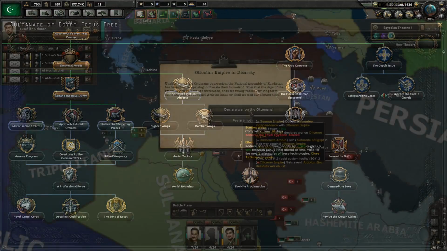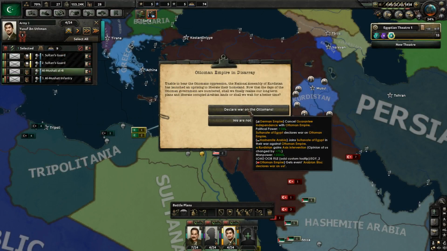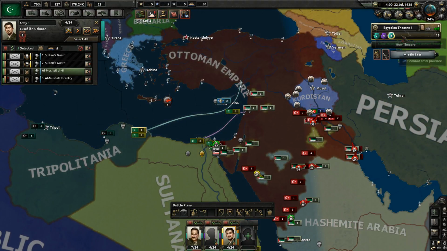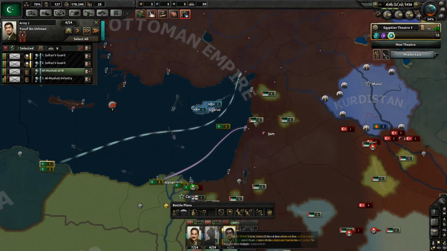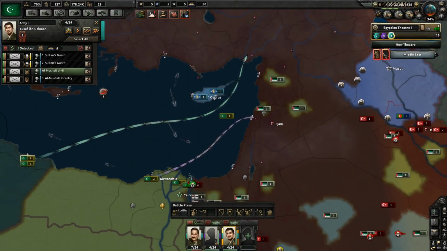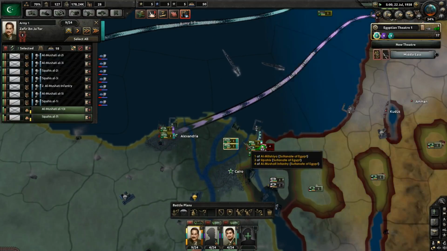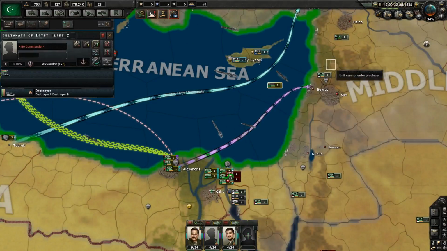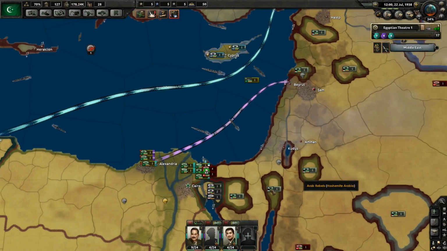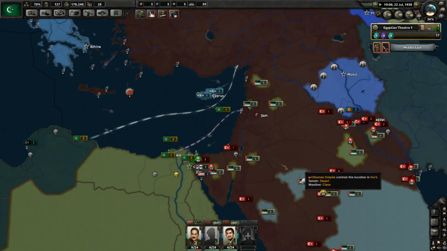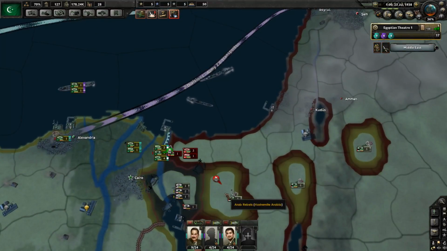What I don't like is, again, the fact that it's not very expansive. So you can only do these, and you can either, basically for your Arab Congress line of events, choose between having more or fewer cores, essentially at the cost of more or less relationship with your allies, and then more or less political power. Or you can, after you defeat the Ottoman Empire, partition them and get an independent Turkey and an independent Armenia, or you can try to take them over entirely. And that's basically the end of your political choices from the events.